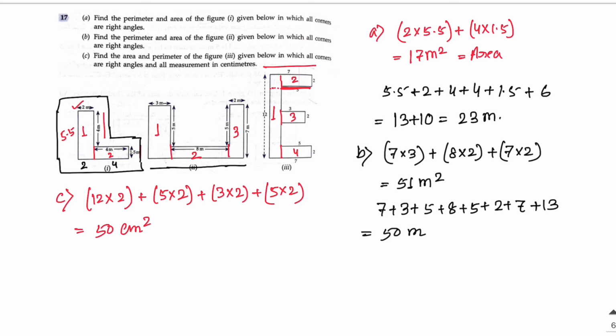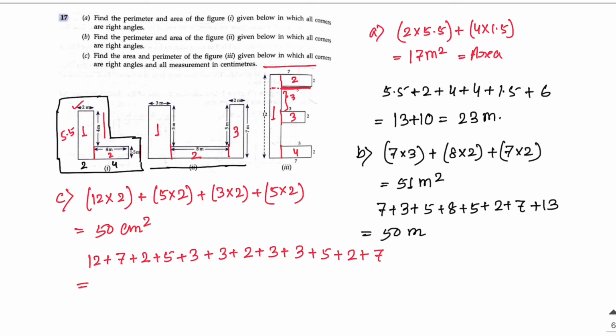Now you have to find out the perimeter. Okay, so for the perimeter here there is 12, after that 7, then 2, then 5. Now next one, as here this one will be here 3. Okay, so this portion equal to 3. So 3, then again 3, then 2, then 3, then again 3, then 5, then 2, and then the last one is 7.